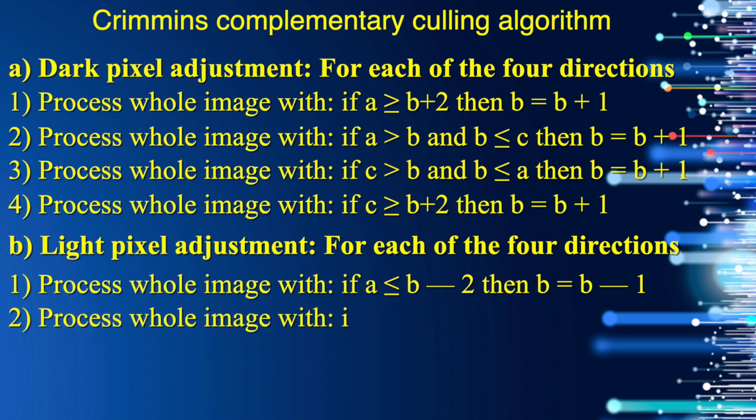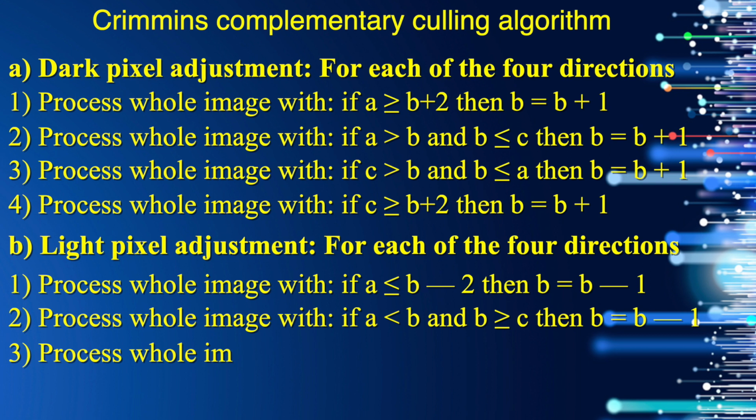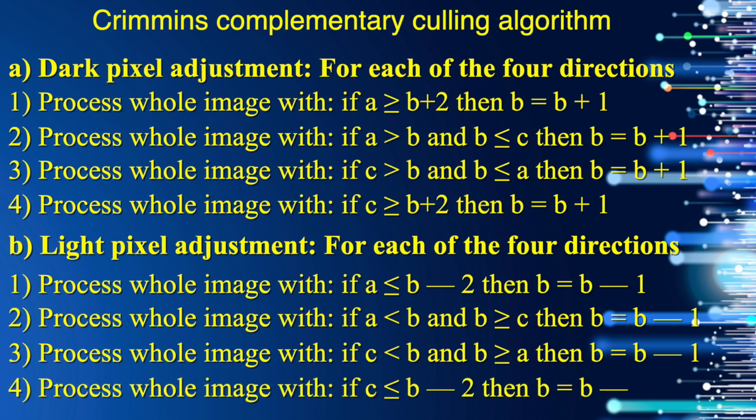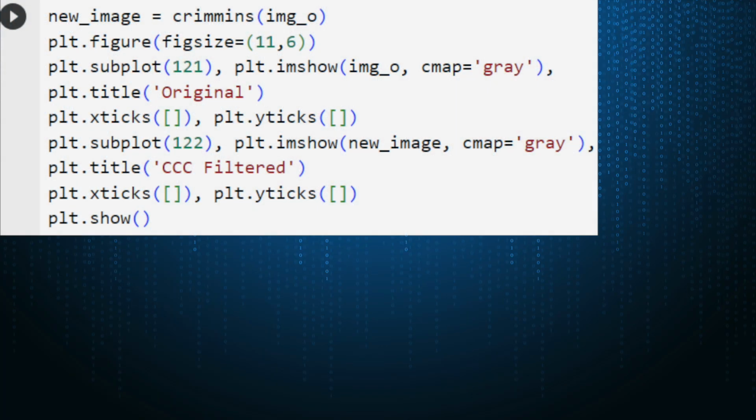If the value of A is less than B and B is greater than C, then B equal to B minus 1. If C is less than B and B is greater than A, then B equal to B minus 1. If C is less than B minus 2, then B equal to B minus 1. Okay, so in this way